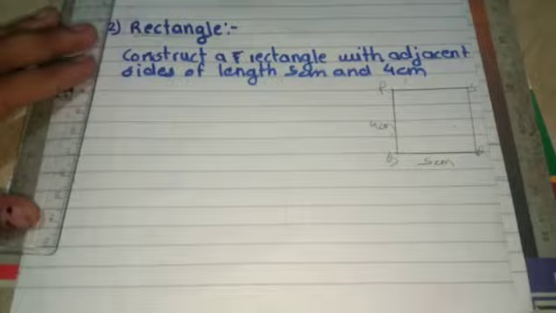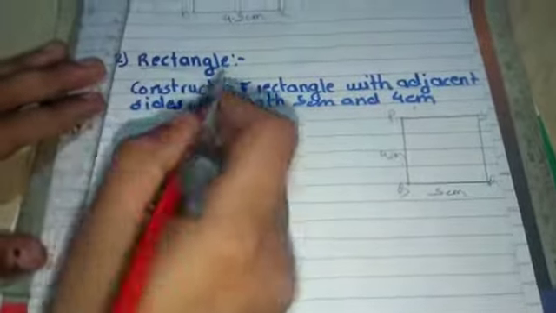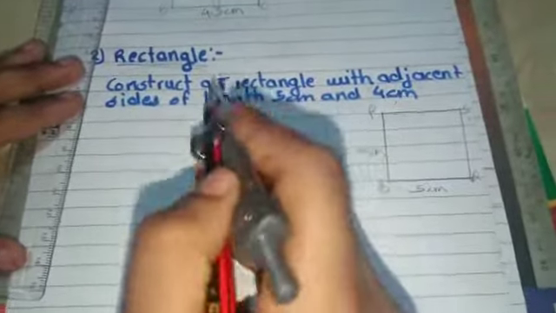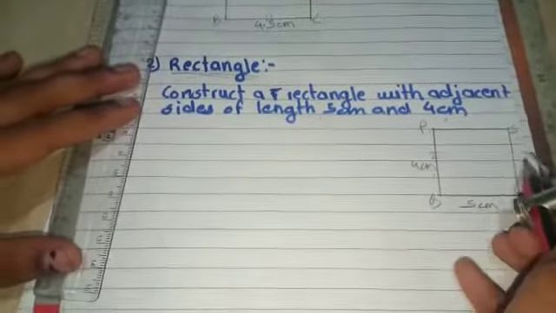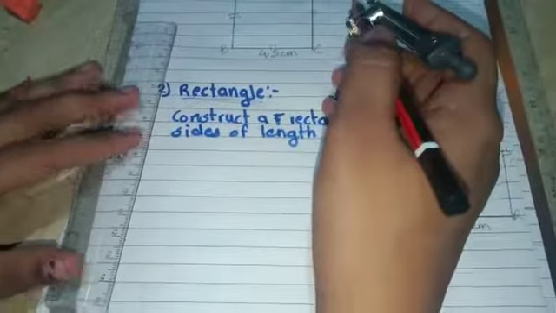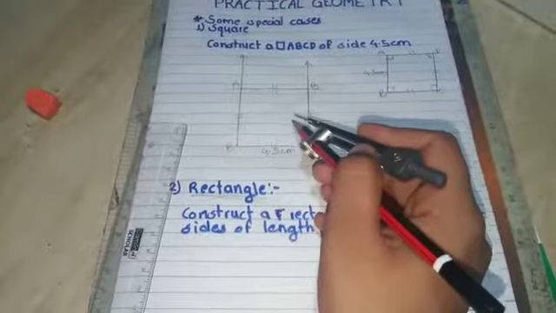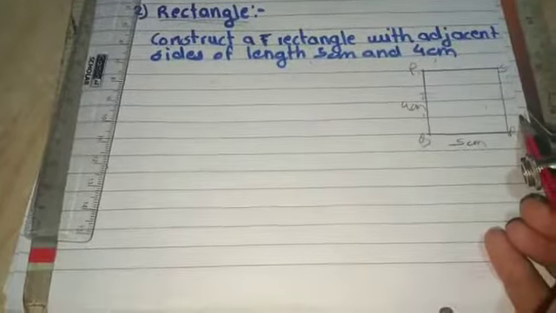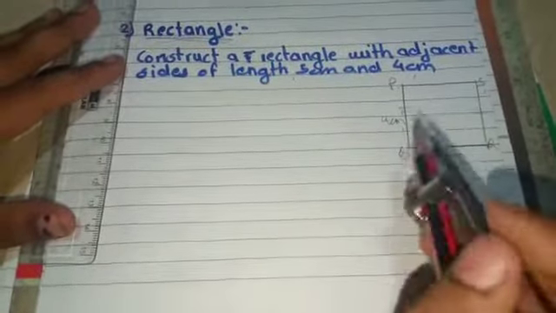Now one more type of special quadrilateral is the rectangle. So what is a rectangle? It is a quadrilateral in which opposite sides have equal length. In the square, as we see on the screen, all sides are equal. But in a rectangle it is not like that. The opposite sides will be equal and the measure of every angle will be 90 degrees.